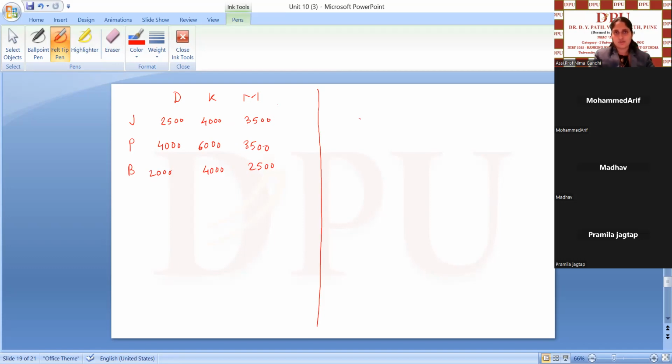So first thing is you will find out the row minimum and the column minimum. So first thing is find out the row minimum. There is no need to write the row minimum, but I'm writing here for your understanding. So what is the row minimum here? 2,500. Okay, so here the row minimum is 3,500. Here the row minimum is 2,000. So what your next matrix will be actually, you're subtracting your row minimum from each number in